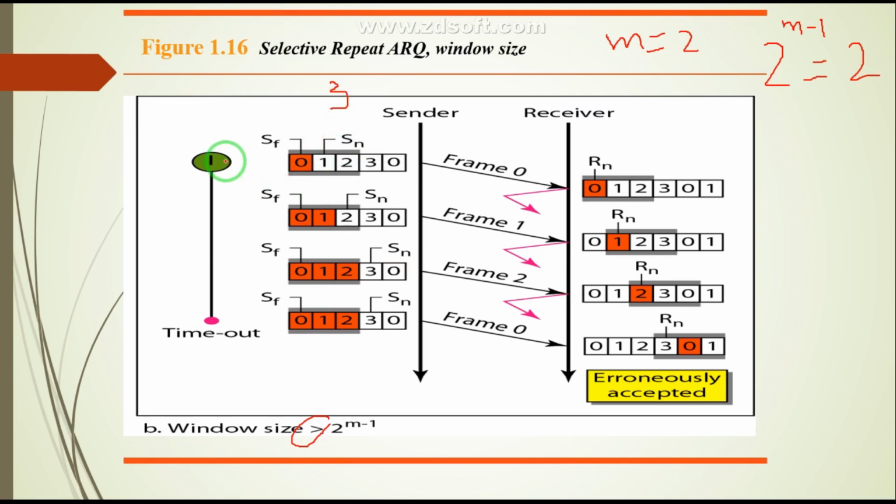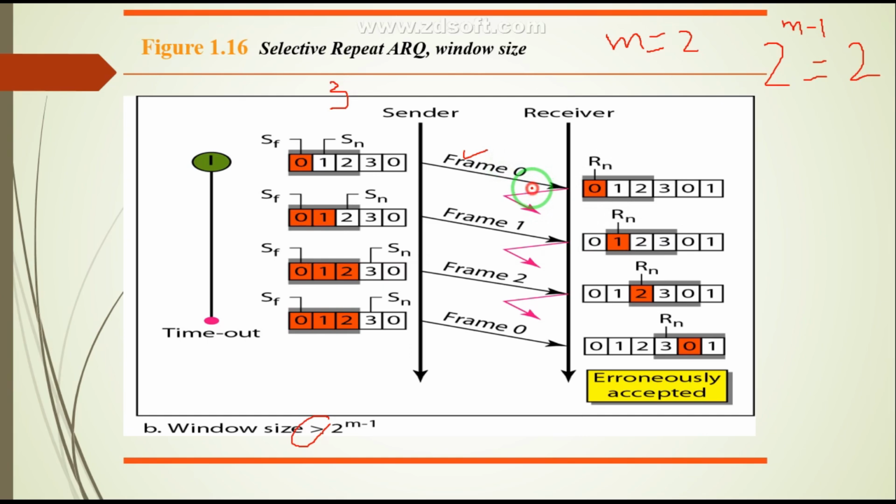Now you can see the timer has been started, and frame 0 has been sent. The size of the send window and the size of the receive window are the same, that is 3. So now SF equal to 0 and Rn equal to 0, and earlier Sn equal to 0, that's why frame 0 has been sent. As soon as the receiver receives this frame 0, the receive window is going to shift by one slot. So Rn over here is equal to 1 because the receiver received this frame 0.